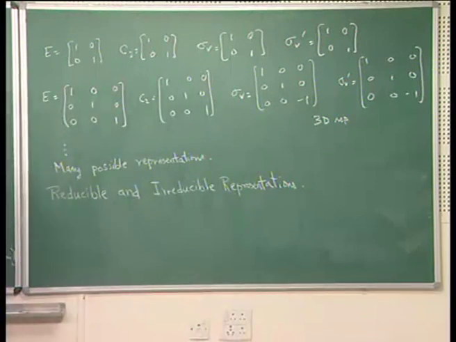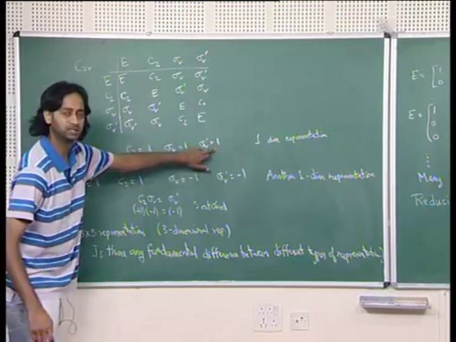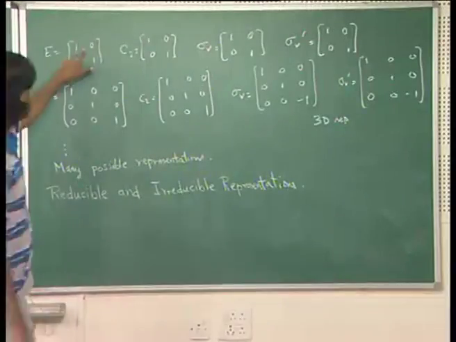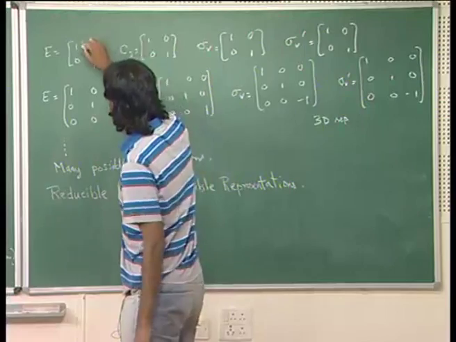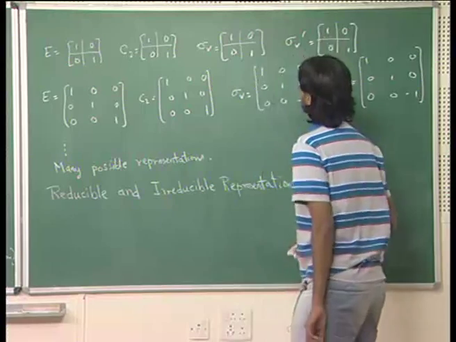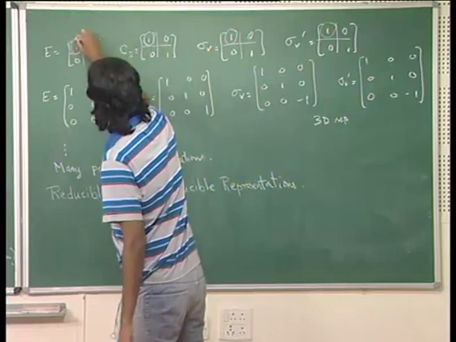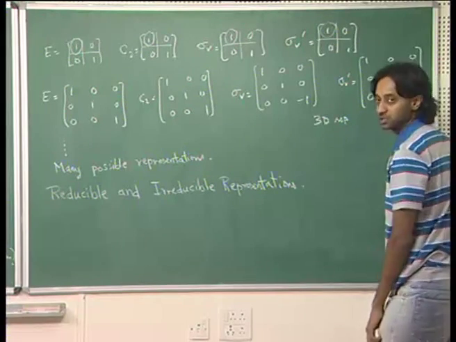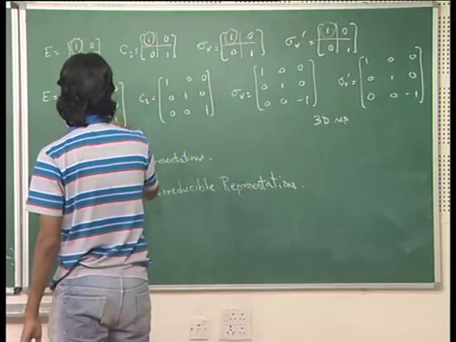Okay. And this can be seen. So let us take this representation. So 1 1 1 1. Okay. So this would be what is called an irreducible representation, whereas something like this would be what is called a reducible representation. The reason why this is called a reducible representation is the following: if you factor these into blocks, okay, then each of these is also a representation. Okay. So each of the blocks is also a representation. Similarly, I can factor this into blocks. I can factor it either into blocks this way,